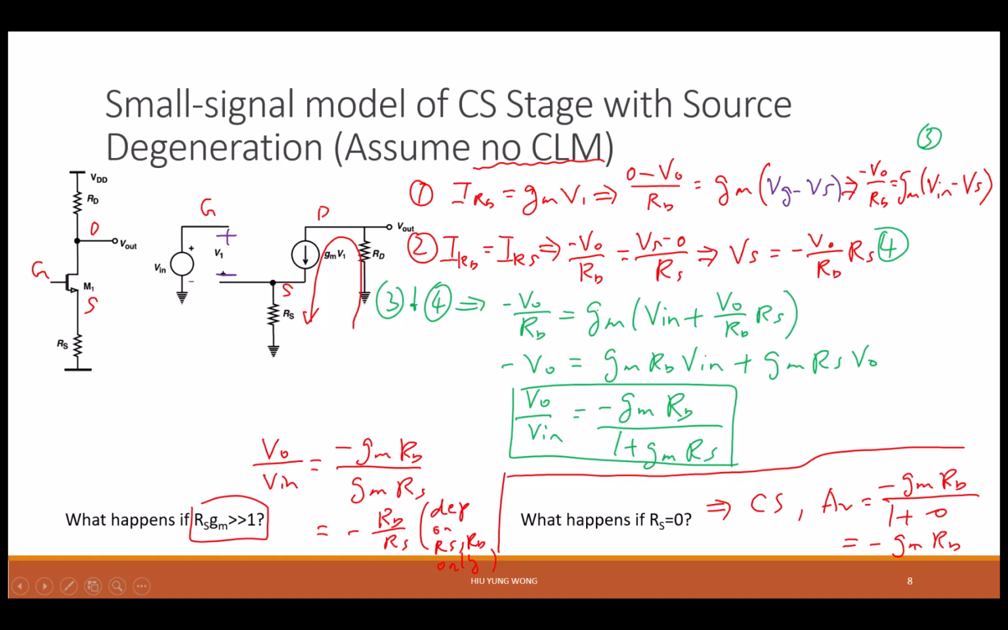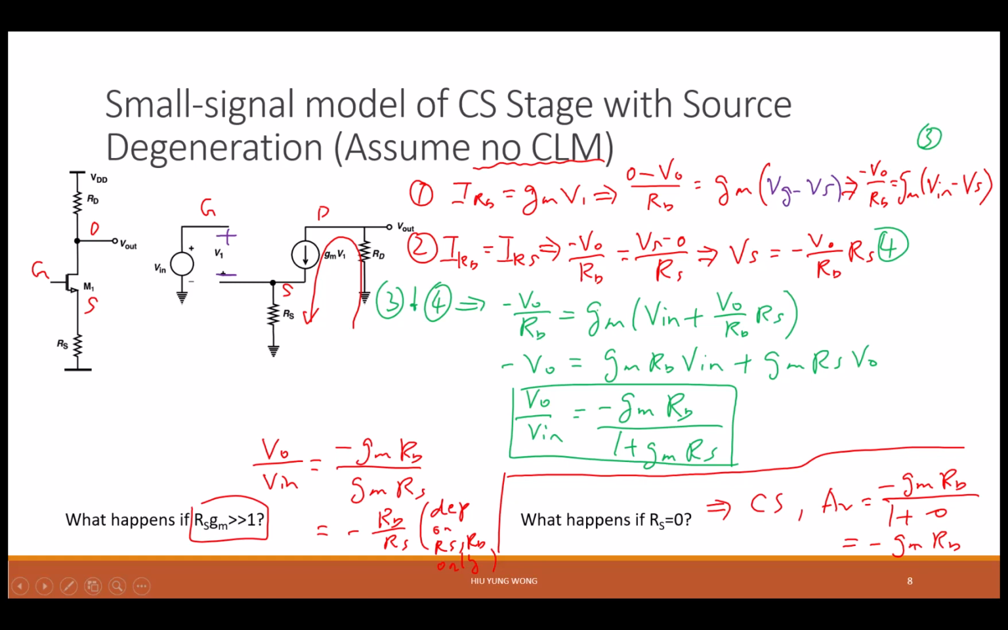VG minus VS. Very important. Okay? Do not just say V in, because now this time is not that simple. It is what? So I have negative V out over RD equals GM times V in